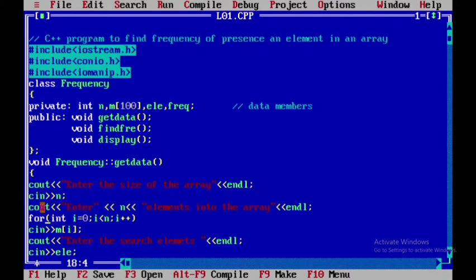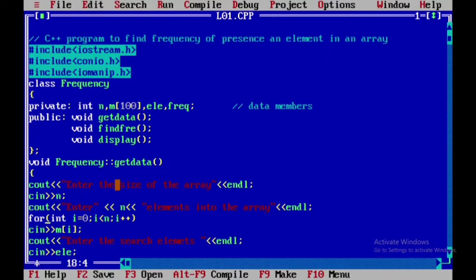Then cout 'enter n elements'. We are not specifying any double quotes for this variable n. If you are not specifying a variable within double quotes, then it will display its value instead of displaying the variable as a statement. If anything is enclosed between double quotes within cout, it will be displayed on the screen as a statement.